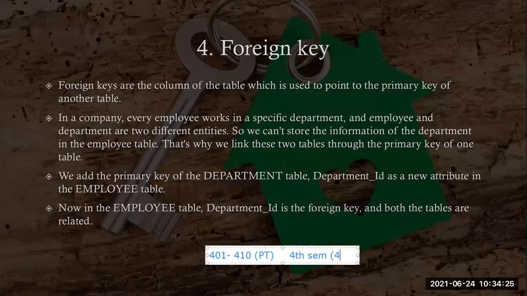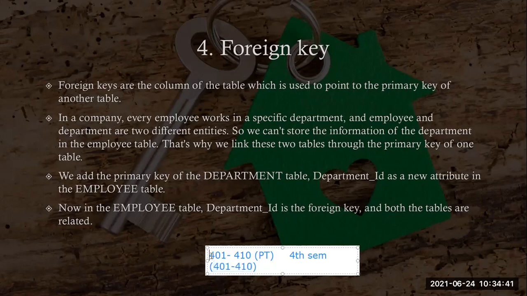Then when you mention 401 to 410, you have to say that whatever these values are, we are going to refer from the personal table. I'm repeating, whatever the 401, 402, 3, 4, 5, 6, 7, 8, 9, 10, we are going to refer to these values only. And in the personal table, we have to say that this is the primary key.